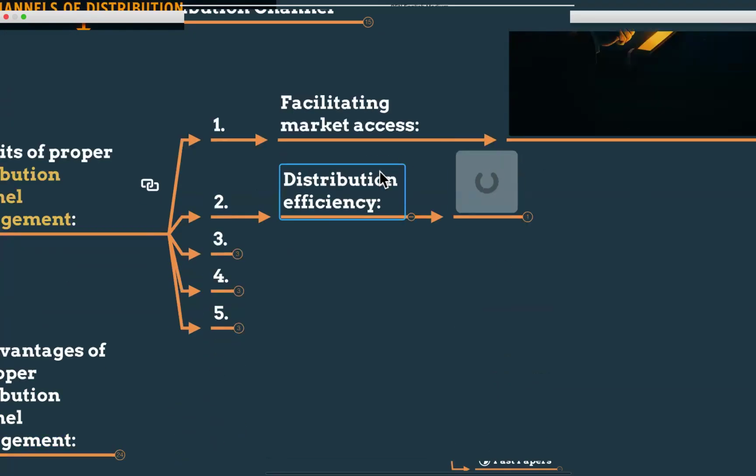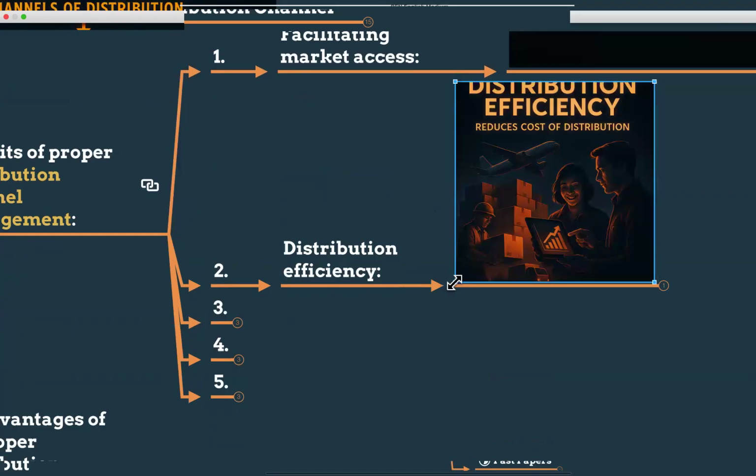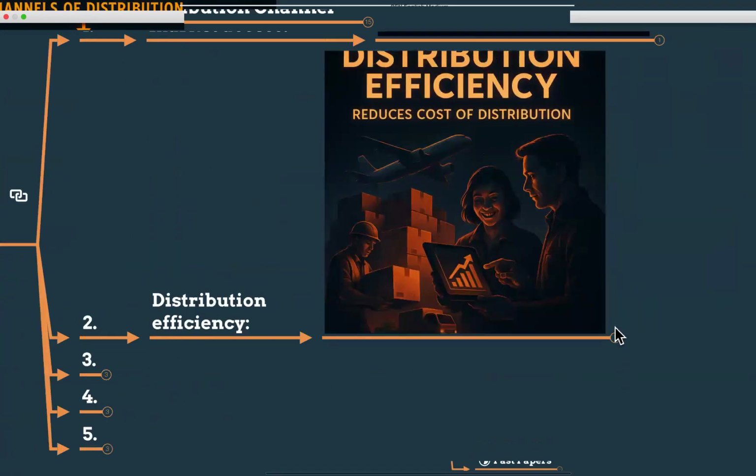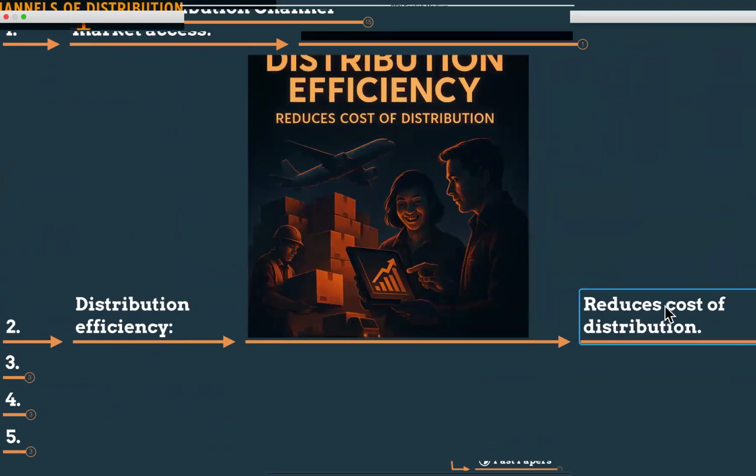And if you manage your distribution channels, you will have distribution efficiency, right? Distribution efficiency. It reduces the cost of your distribution. What does this mean? Sometimes you don't know about some waste and some item costing, but it is not actually moving your products. It's a waste of time. Even if that process or cost is not there, your product will move. So sometimes you can lower your transportation cost. You can find a way to reduce spoilage. You can find a way to do faster delivery, right?